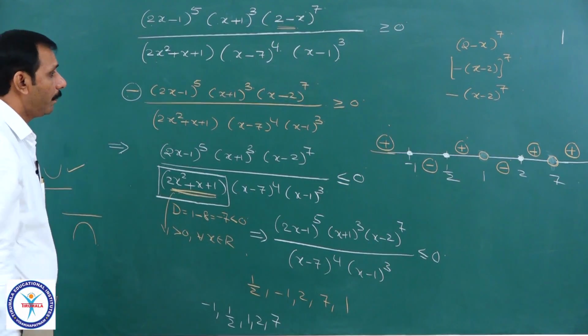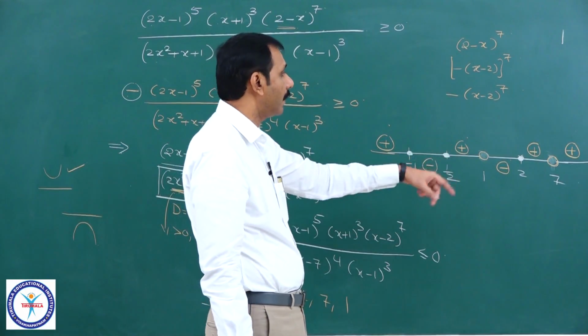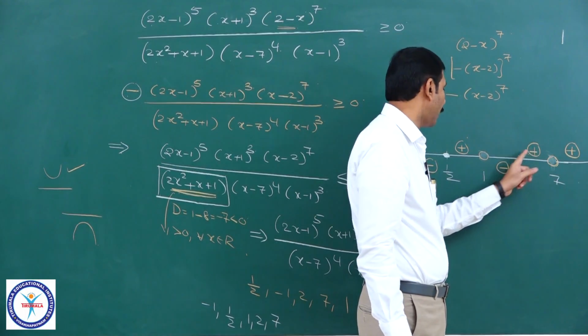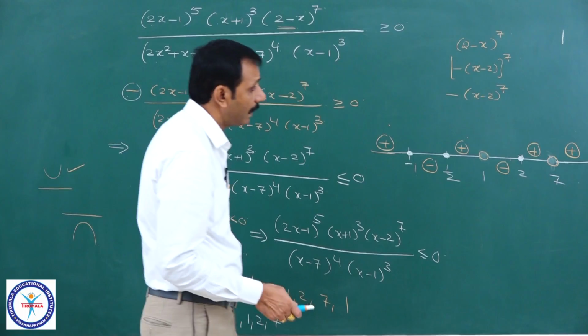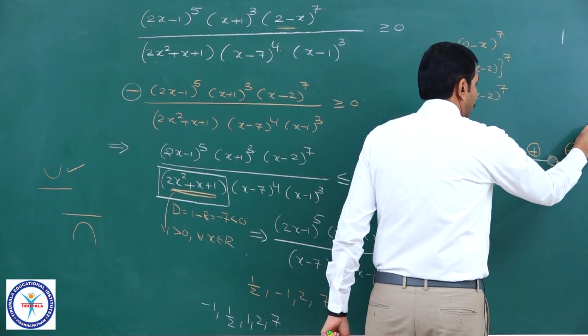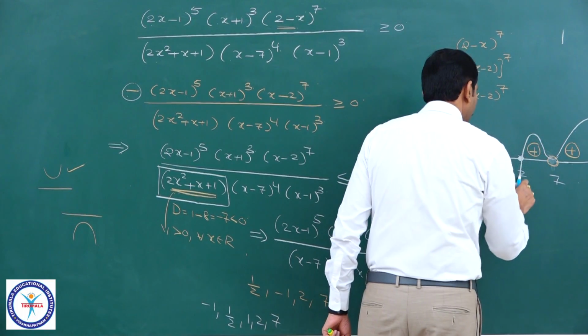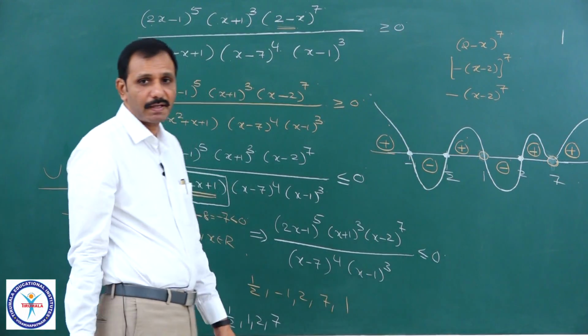So, what are the double points? Double point means where the power is even, only one: x minus 7 whole power 4 is there. Only at this point the sign will not change. For all other simple points, the sign will change. Now, draw the wavy curve. Yes, extreme right positive, because here also positive means it will remain on the same side. Next, for all these it will cross the x axis. This is our wavy curve.